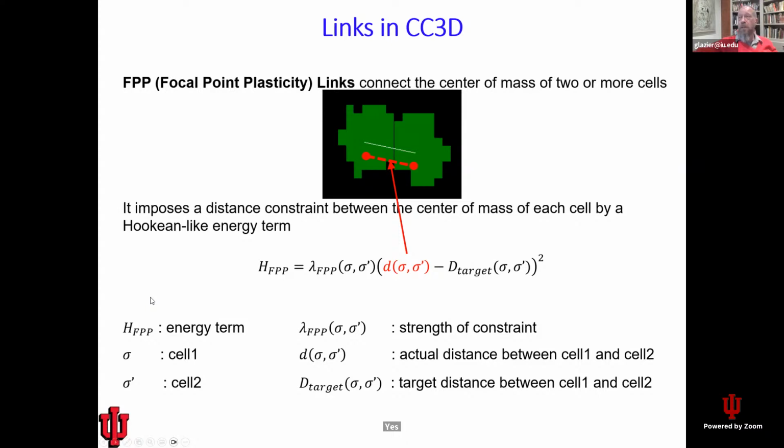Which are what are called links or focal point plasticity links. And these are essentially springs, although you can give them properties that are not spring-like if you prefer, which connect the centers of mass of regions. And if anybody has worked with a center model method like Paul Macklin's PhysiCell or T.J. Sego's Tissue Forge or Biocellion or Episim, these are all other simulation frameworks,